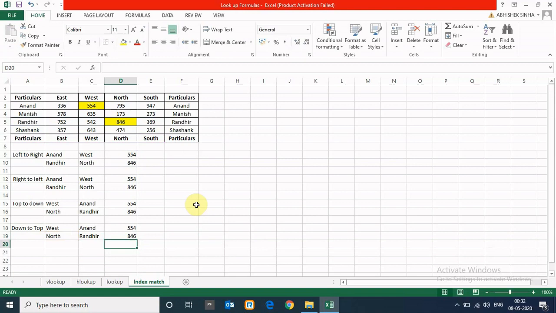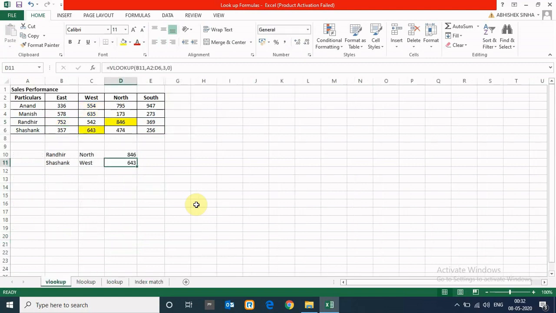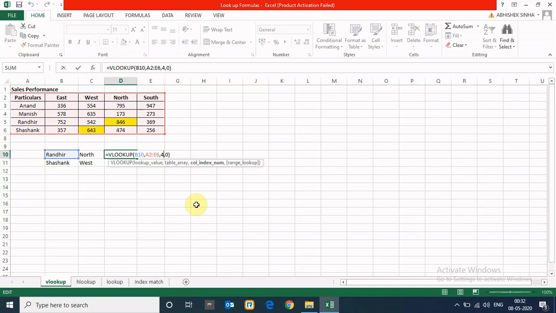Another topic is how to use the MATCH function in lookups to make them very useful. In VLOOKUP we can use the MATCH function. Suppose in VLOOKUP we are writing 4 or 3.